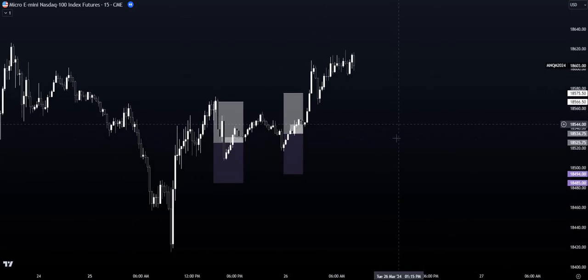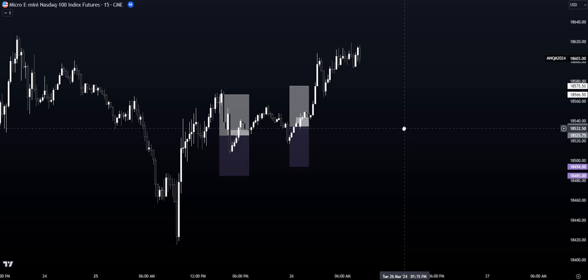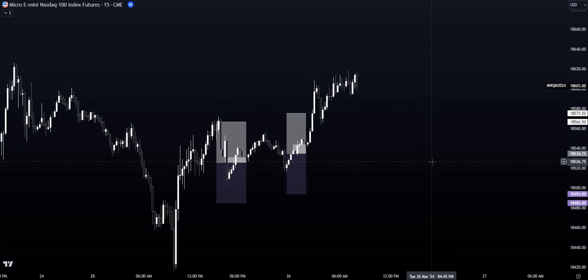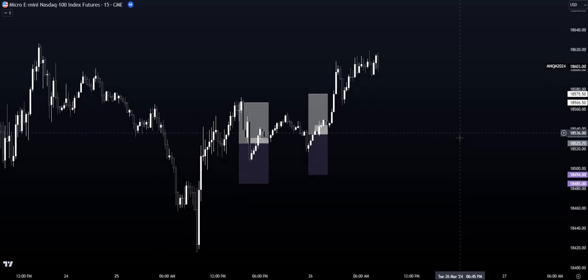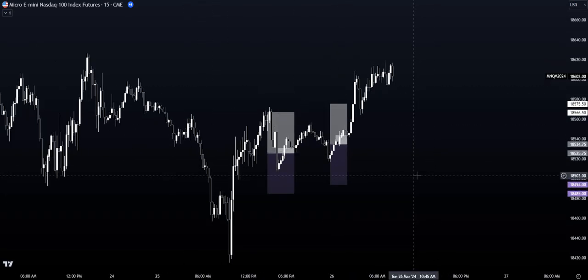We're going to go back to basics. We're going to be focusing on our risk management plan, which is risking 1% to make at least a minimum of 2% back, right? And we'll also be focusing on our basics, which is our basic market structure. When we go back to the beginning of this mentorship, you learned about market structure: market structure shifts, liquidity sweeps, intermediate, short-term, and long-term highs and lows, paying attention to breaks of structure, displacement. You're going to be paying attention to basic PD arrays, fair value gaps, and order blocks. We're going to be paying attention to those as well.